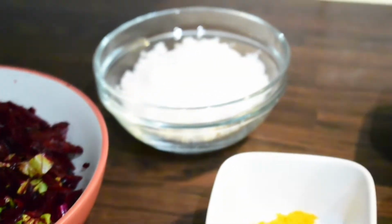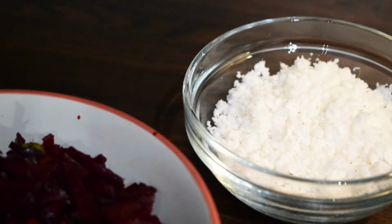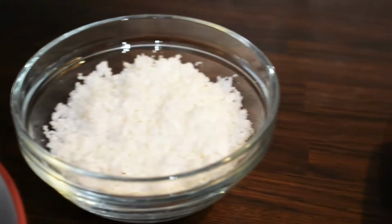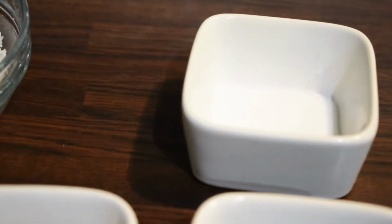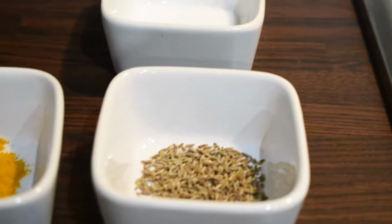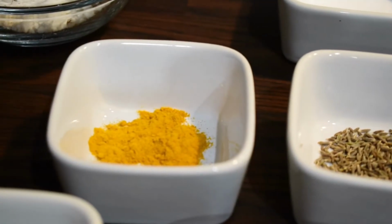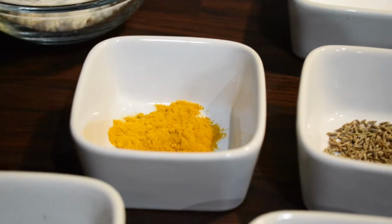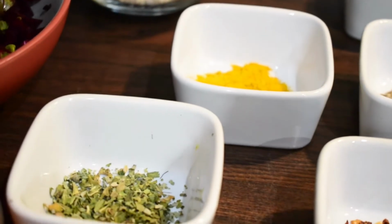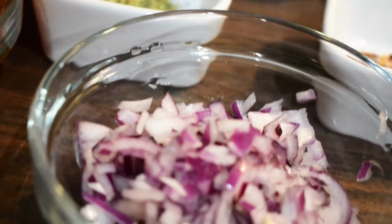For this we need 4 fresh beetroots grated, half bowl of coconut grated, 1 teaspoon of salt, 1 teaspoon of cumin seeds, half teaspoon of turmeric powder, 1 tablespoon of Kasthuri methi or fenugreek leaves, 1 tablespoon of dried chilli flakes,